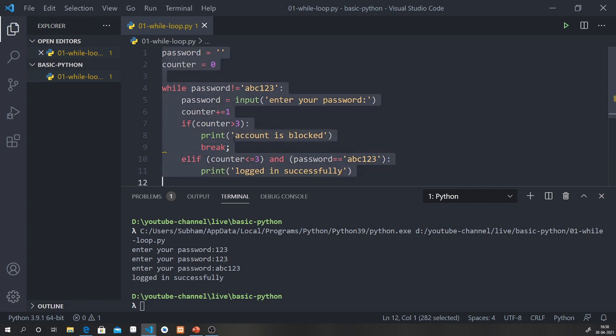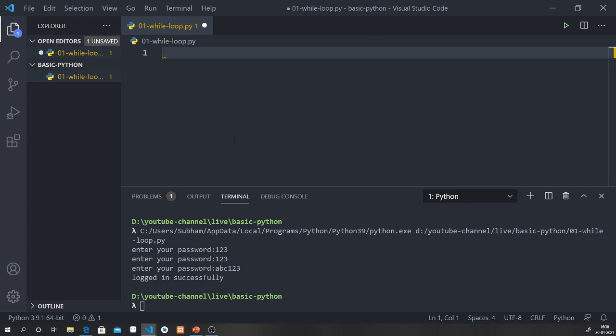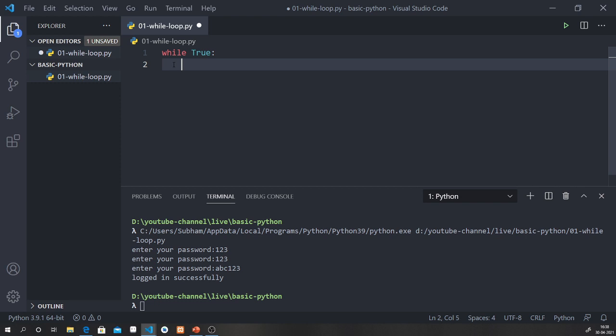I no longer need this code, so I am deleting it. So what we will do is, I will type while true, then let's not type the print statement. I will take the input, and inside the input only I will type the message, enter your username.